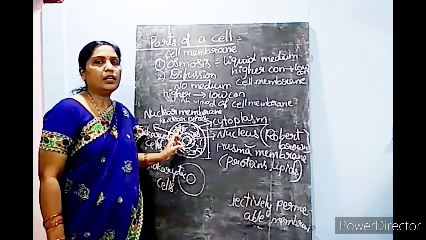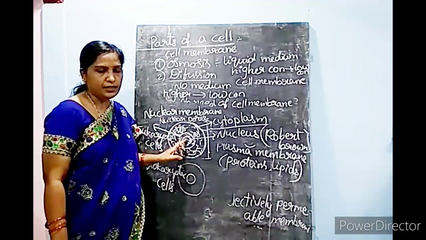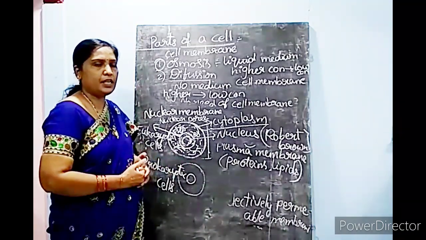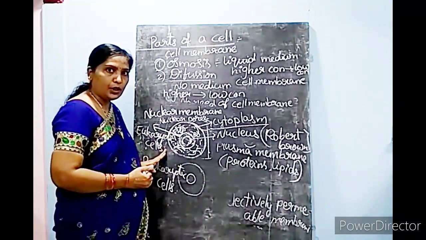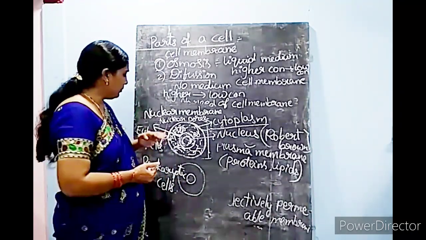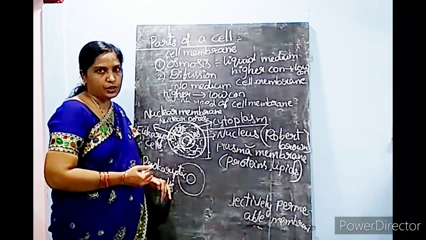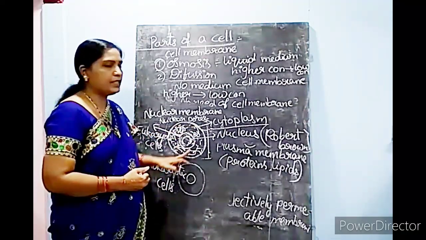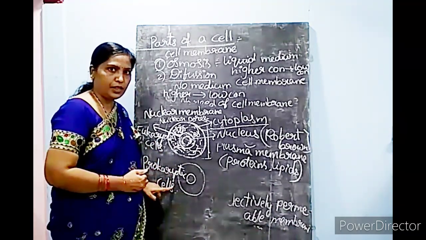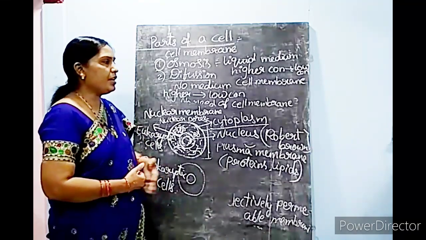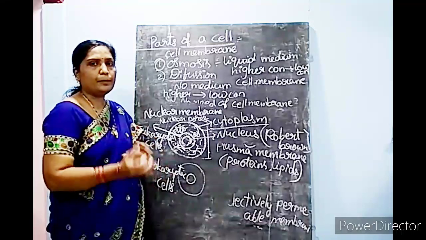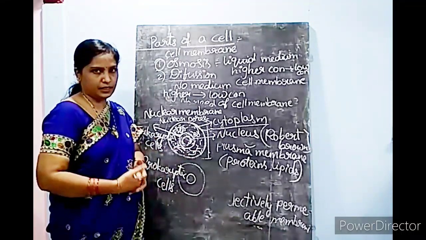After discussing the functions of cell organelles which are floating in cytoplasm, we will see the differences between eukaryotic cells and prokaryotic cells. There are a number of differences between prokaryotes and eukaryotes. In detail, after the cell organelles, we will discuss once more the differences between eukaryotic and prokaryotic cells. In the same way, the differences between plant cell and animal cell we will discuss again after completing the organelles.